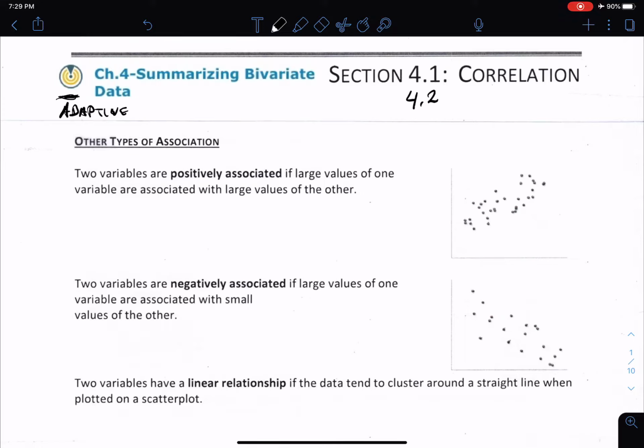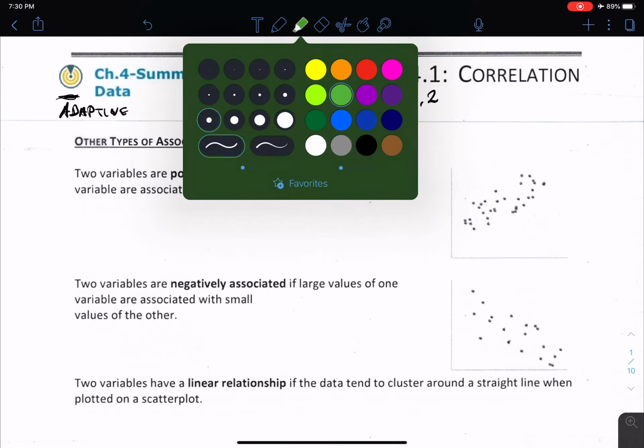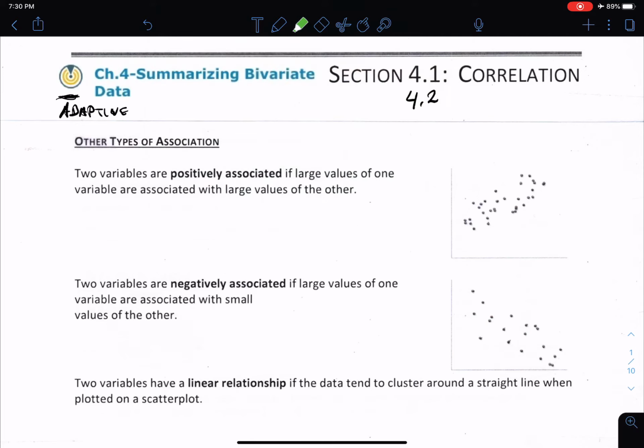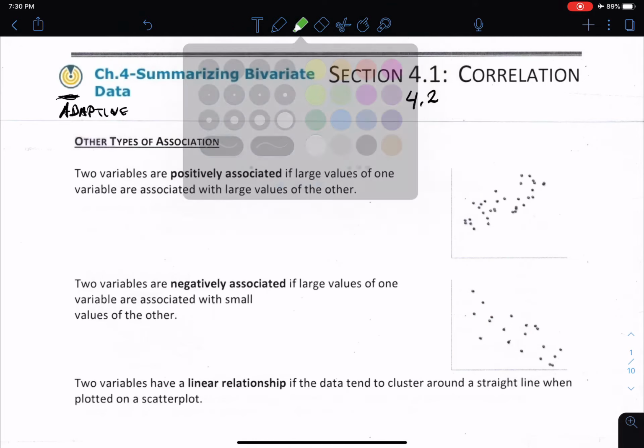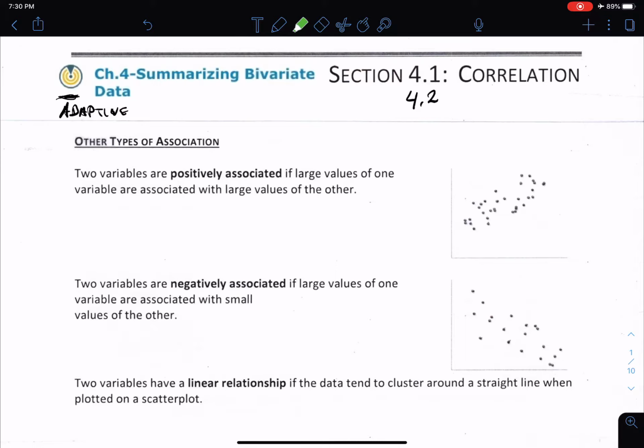Now, I would like to do a little bit of background information, kind of a little mini lecture for this. We're talking about correlation and causation and least squares regression lines, stuff like that. So let's take a look. So we have some associations, and this is called a correlation. It says two variables are positively associated